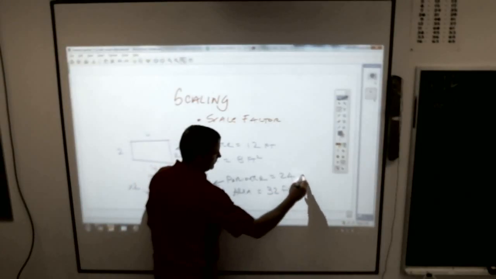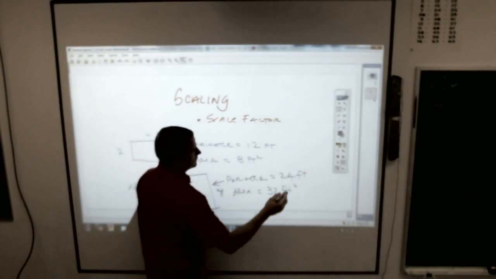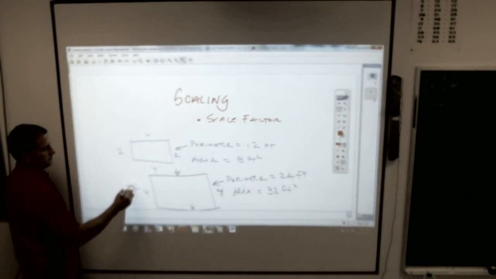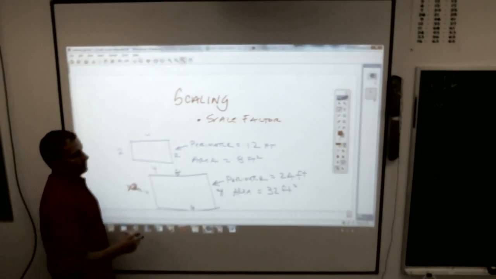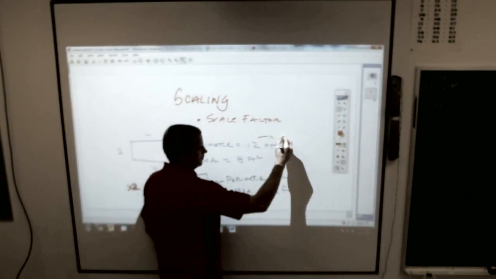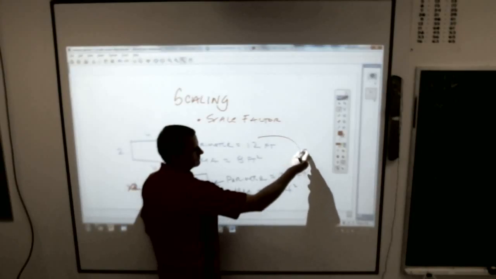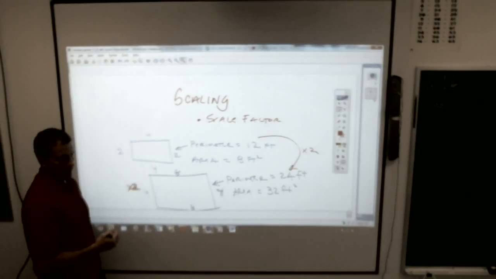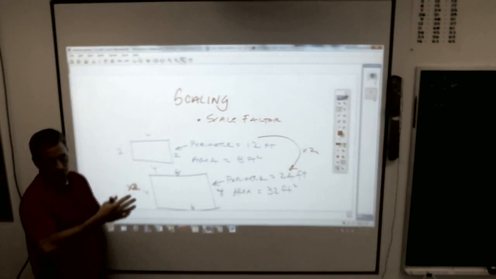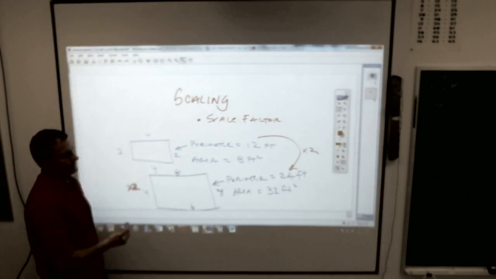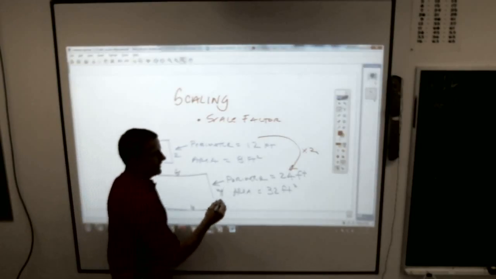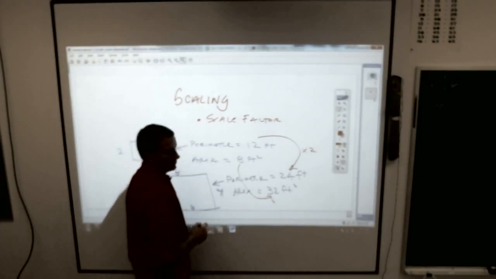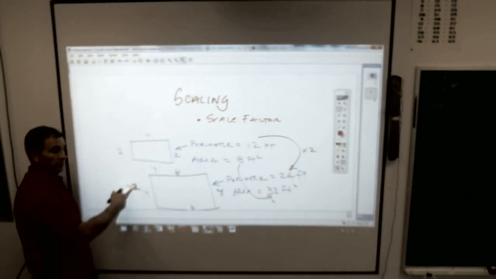So here is what most people get mixed up on. Our scale factor was times 2. What happened to the perimeter? To go from 12 to 24, it was times 2. When you're talking about just length, whatever the scale factor is how much it gets multiplied by. But that's not the case with area. If you look at what happened to the area, it went from 8 to 32. It wasn't just doubled, it was,